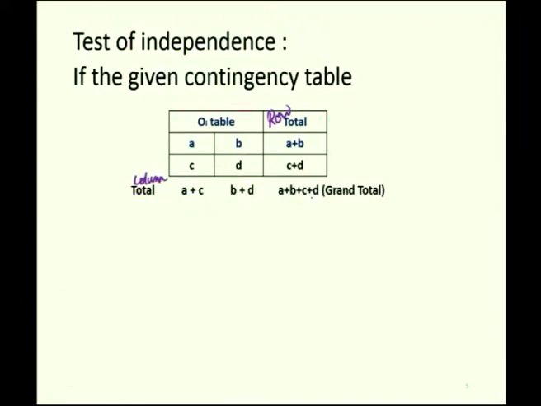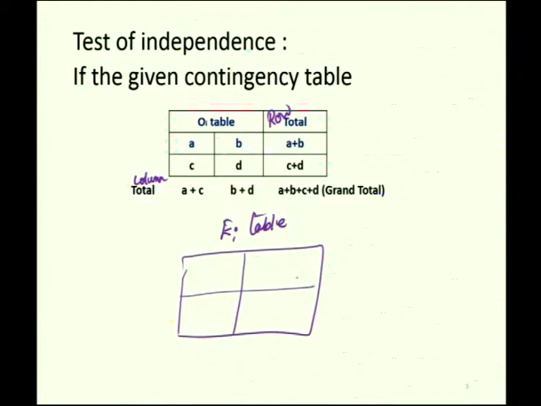Okay. Now, with this 2 cross 2 contingency table, let us see how EI table is formed. EI table, when the number of rows and number of columns are 2 cross 2, accordingly you have to draw a 2 cross 2 table, 2 rows and 2 columns, and for this particular observed value of the frequency A, the corresponding EI value will be the A's row total, A plus B, and A's column total, A plus C, divided by grand total.